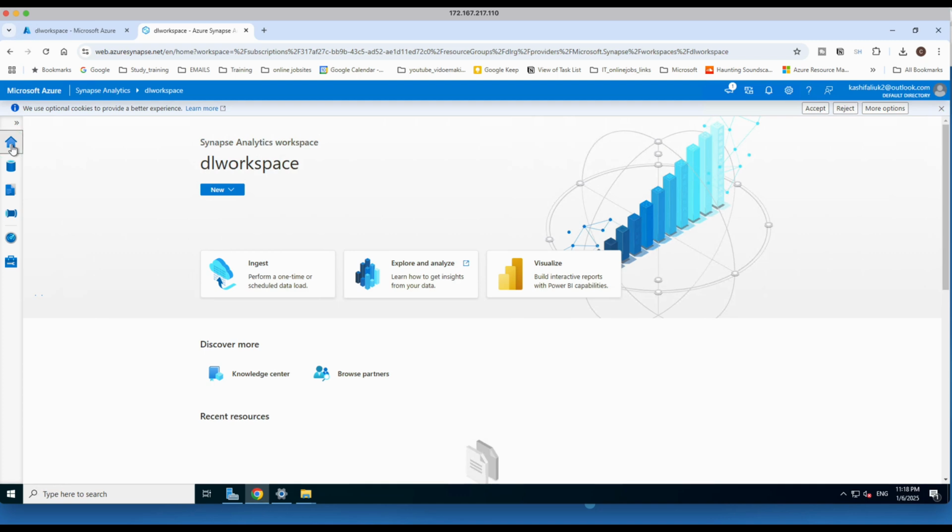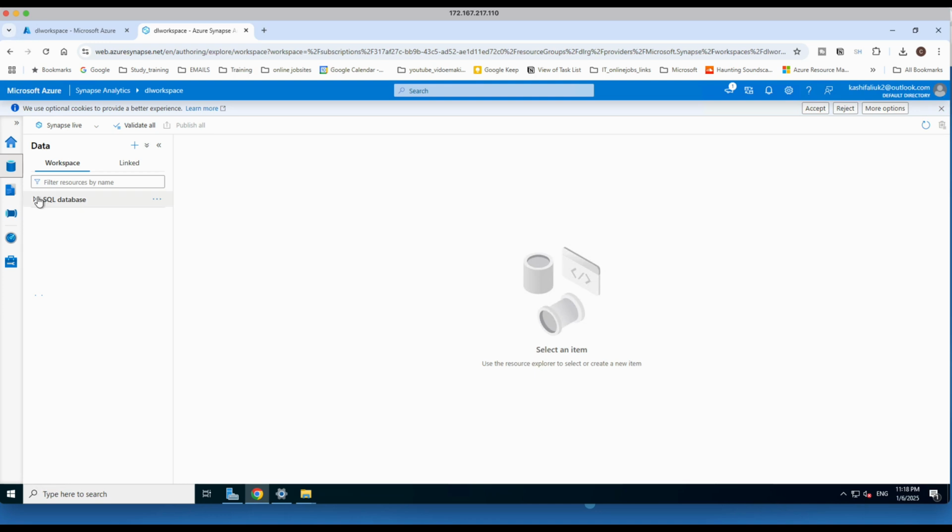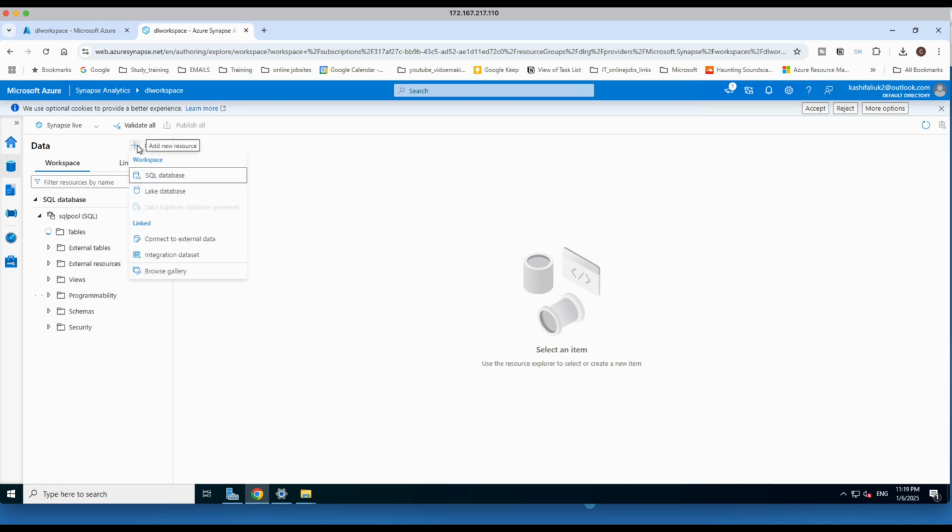If you go to home, or if you go to data, SQL database, you can see our pool is there. At the moment, we do not see any table in there because we do not have any data. So what do we need to do? We have to create a pipeline. If we click the pipeline,